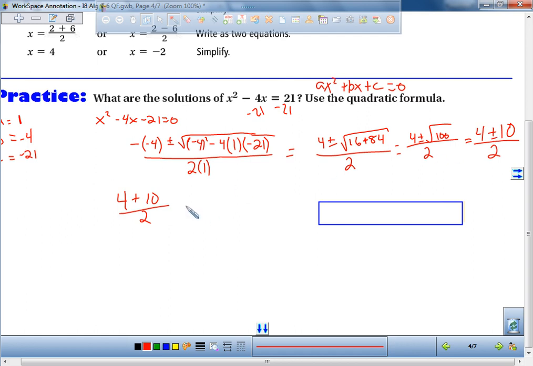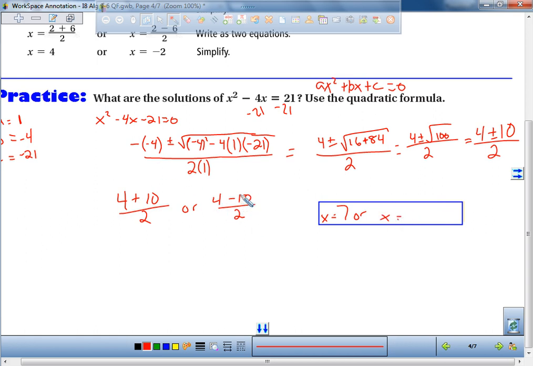So I have 4 minus 10 divided by 2. So here 4 plus 10 is 14, and 14 divided by 2 is 7. So I can say I have x equals 7, or x equals